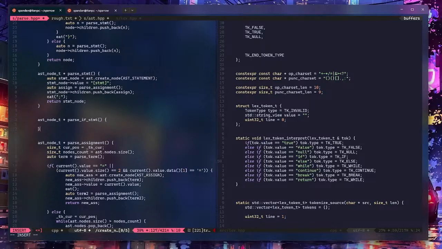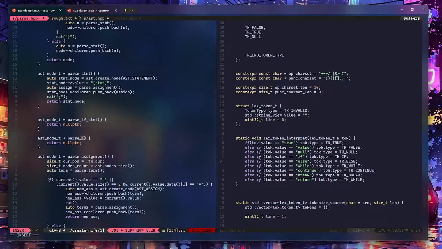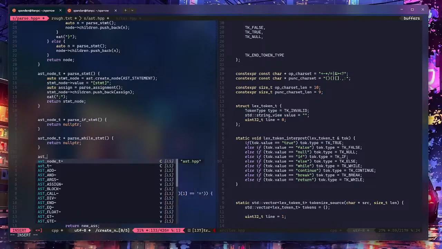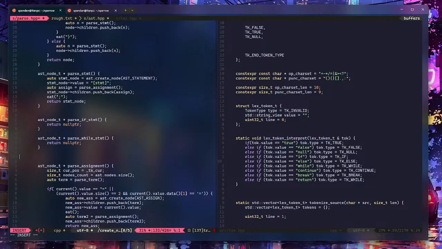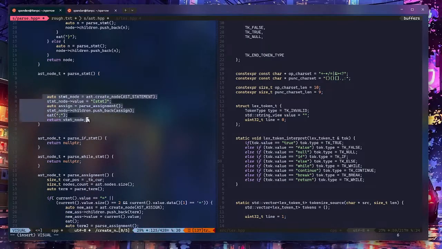statement, and for now it will just return a null pointer, but that will change. And similarly, we have something like, let's say, parse while statement, right? And then we have only these two ways for now, right? So in a statement, we can have this thing, where every other match fails. But if we get something like an if,